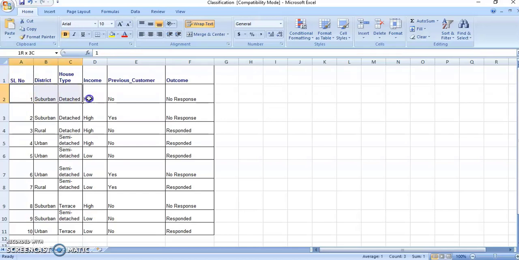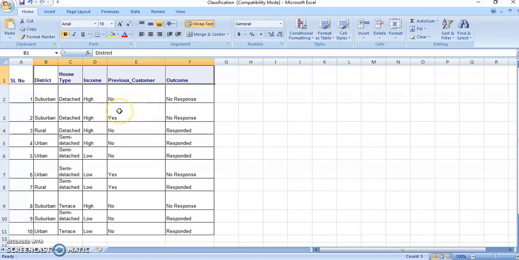This is a single instance or tuple of record in which the response has been observed. The outcome is the response variable. Like this, every data set will have attribute names and the number of records that have been collected across the attributes that have been identified.